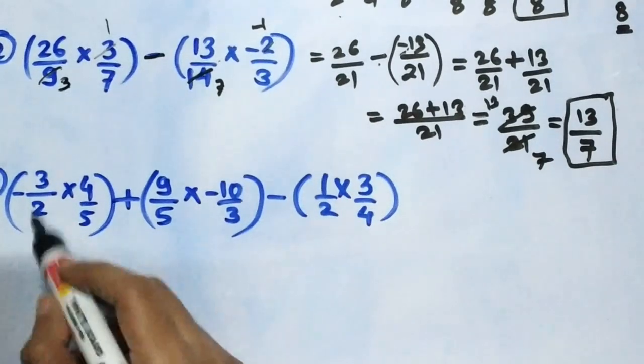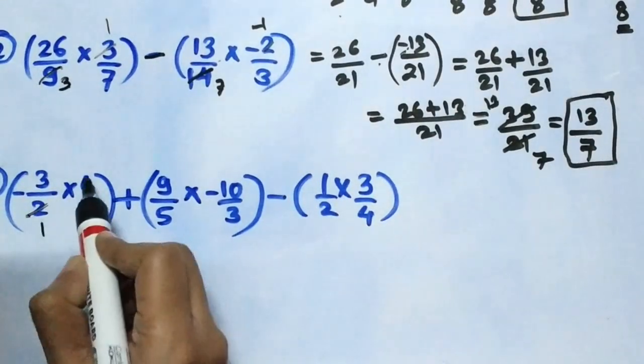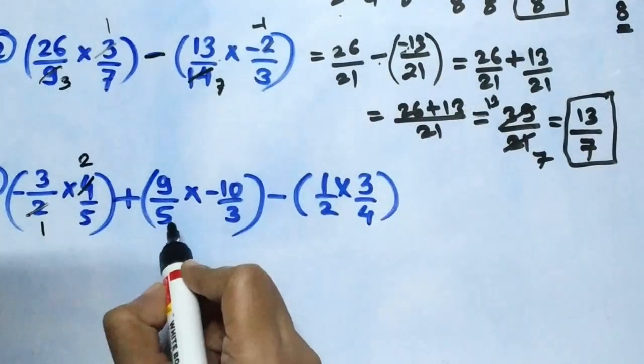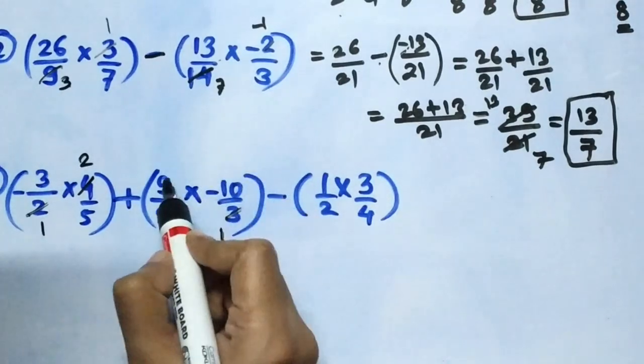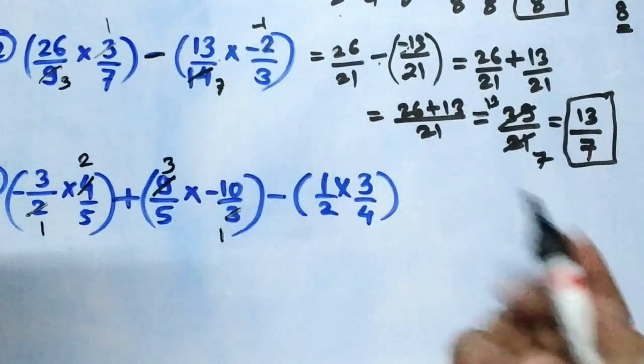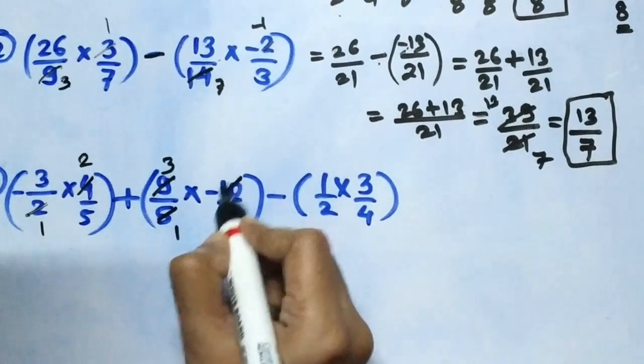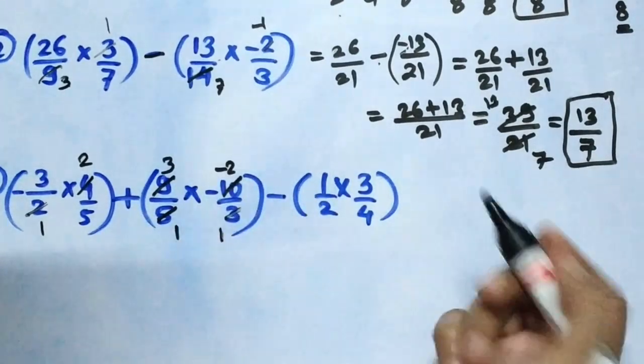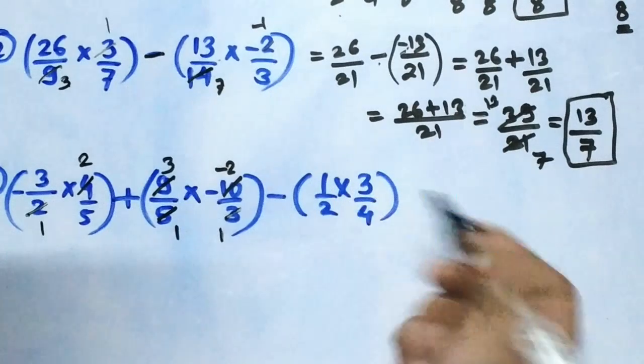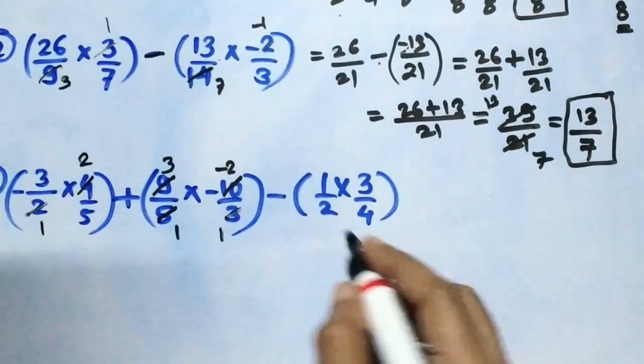So you can observe this bracket inside. Here you can cut: 2 1s are 2, here 2 2s are 4, you can go for it. Here 3 1s are 3 and here 3 3s are 9. And here 5 1s are 5 and 5 2s are 10, that is, minus 2s are. And here there is no possibility of simplification, so leave them.